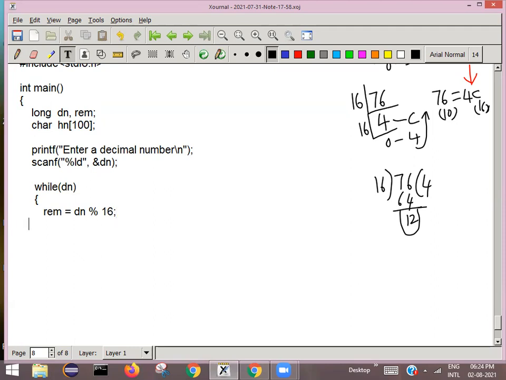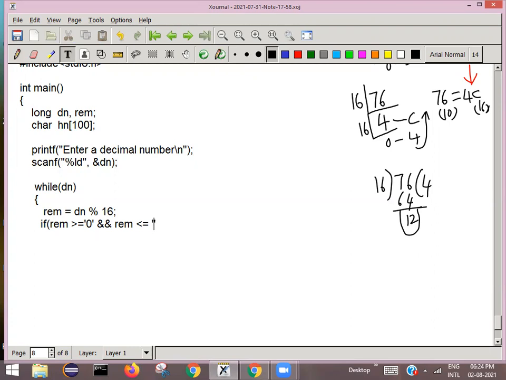Okay, right. So first you need to check whether your remainder is between 0 to 9 or not. So how can you check? If your remainder is greater than or equal to 0, and remainder is less than or equal to 9.